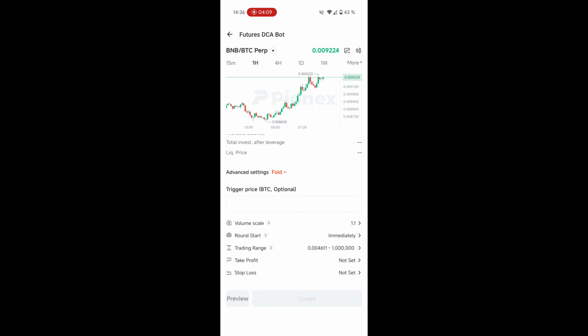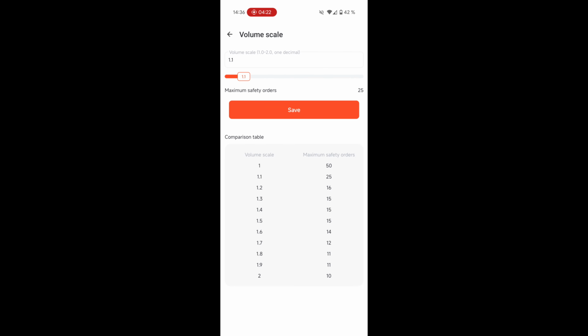The next one would be multiplied by 1.1, so it would be 110, and so forth. So the further you go down, the more volume you put into one. Depending on what you set here, you can only adjust the maximum safety orders. So we are resetting that to 1. I don't want to have this enabled.